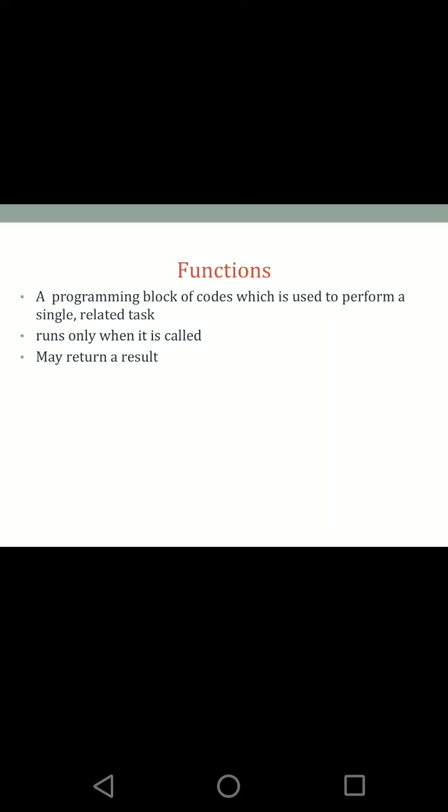You might be familiar with the term function because you have used print function, int function, etc. So functions are nothing but a group of statements or a block of codes which is used to do a particular task. You know that print function was used just to show the content given inside the print function to the screen. And int function, what is the use of int function? The int function was to convert whatever is given inside the bracket to an integer value. So you know that the functions will do a particular task given to them.